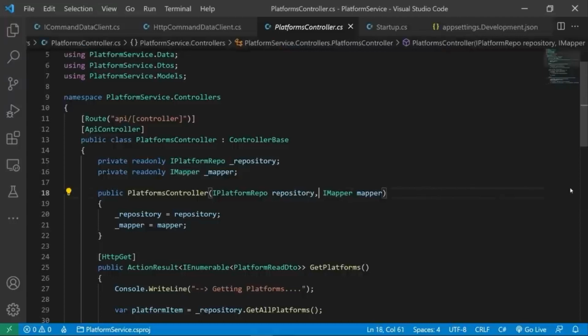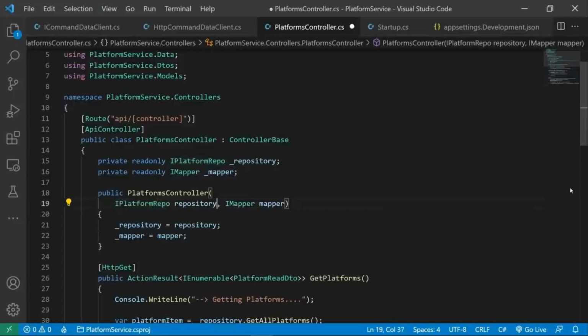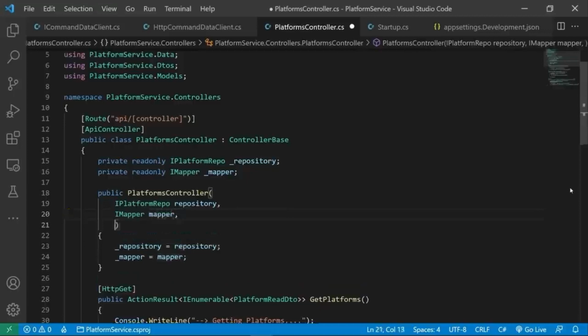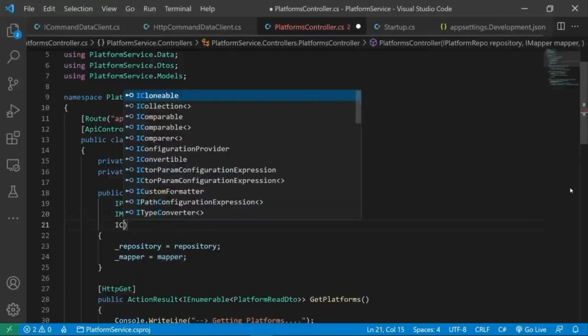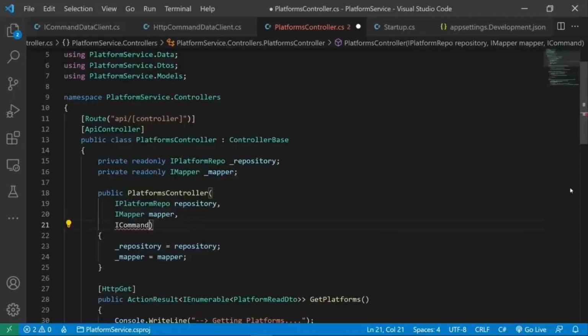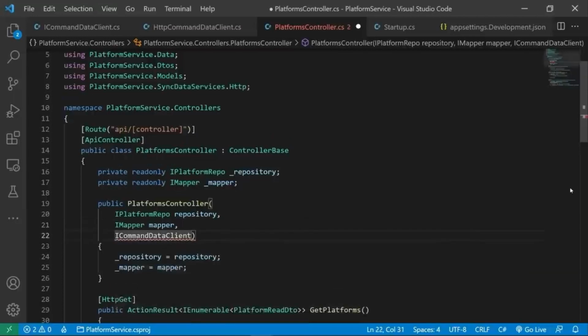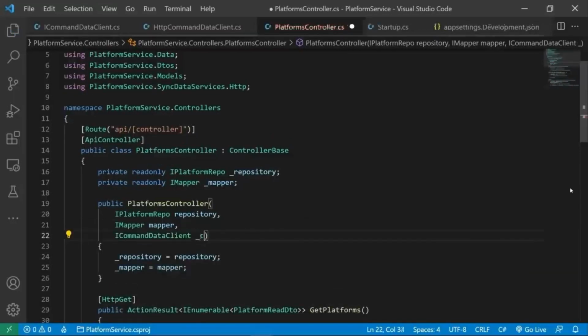So I'm just going to take a new line for our injected parameters because it's going to get a bit long. So we'll still keep platform repo, we'll still keep IMapper, but now what we want to inject in is an ICommandDataClient, and we'll just bring in the namespace for that. So using PlatformService.SyncDataServices.Http, that's cool. And we'll just call that